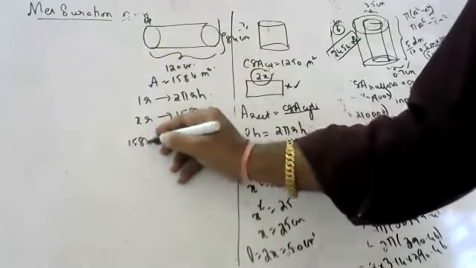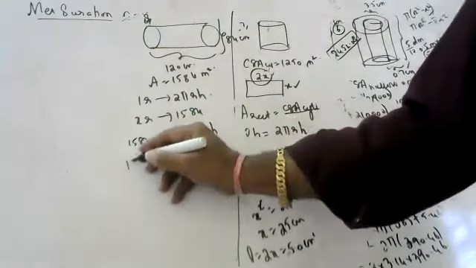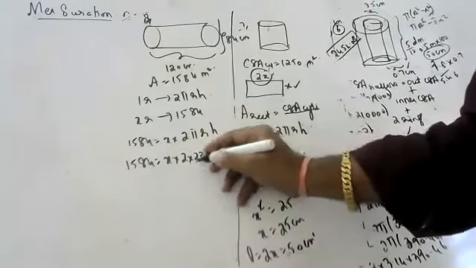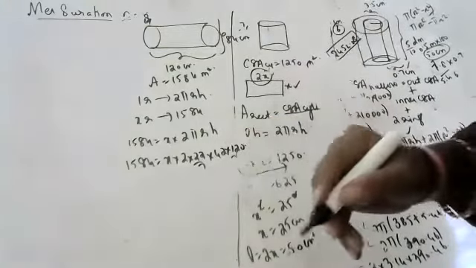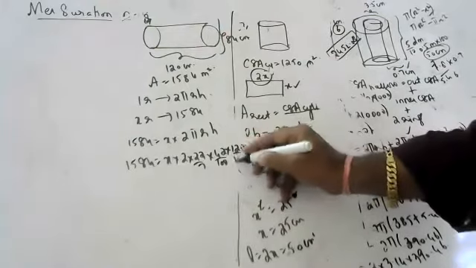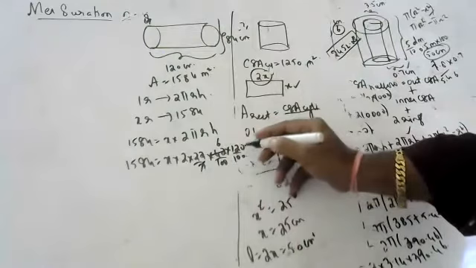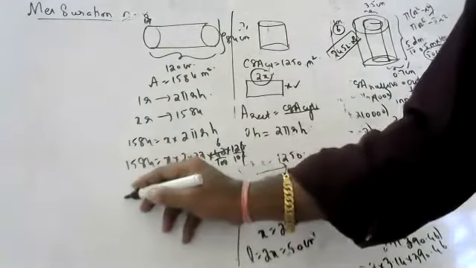Tell me. 1584 is equal to x into 2 pi r h. 1584 is equal to x into 2 into 22 by 7 into 42 into 120. These both are in centimeters. Convert into meters by 100. Okay. So 7 6s are 42. Okay, 0 0 cancel. Okay. So 2 5s are 10.